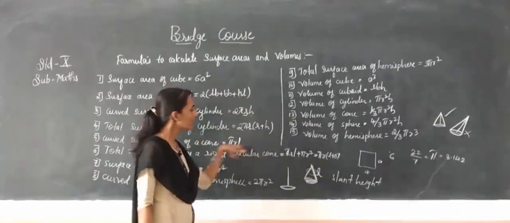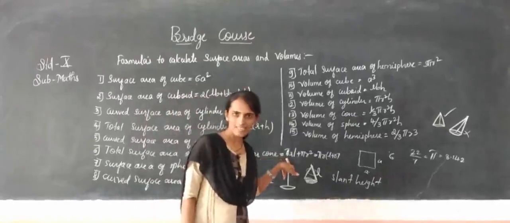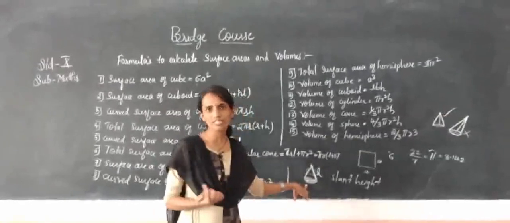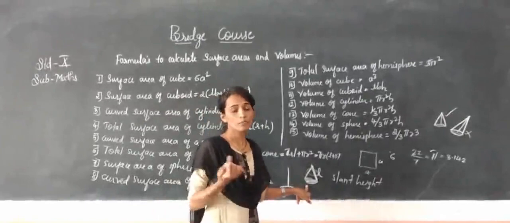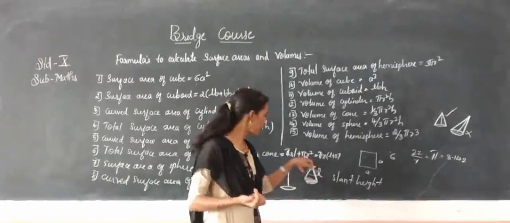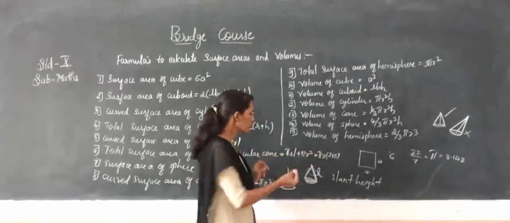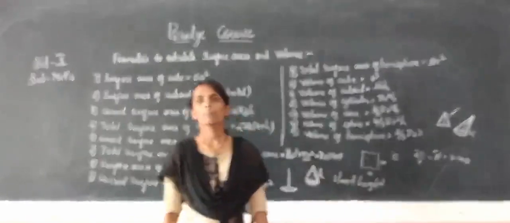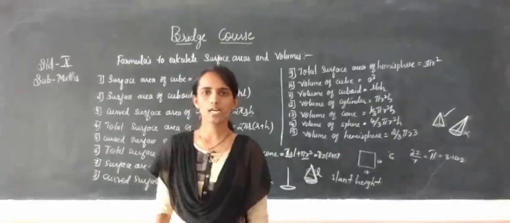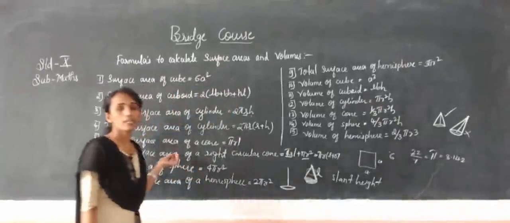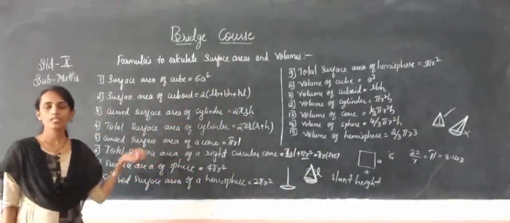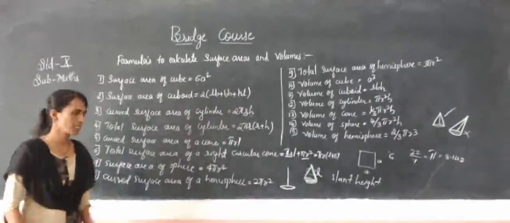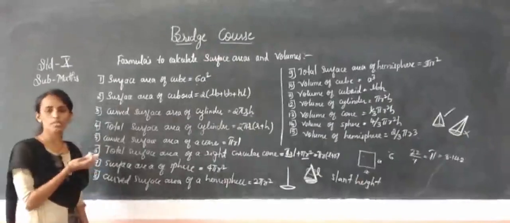So already we know that curved surface area is pi r l, and the base area is in the form of a circle. The formula to calculate the area of a circle is pi r square, so pi r l plus pi r square. In between these two, we can take pi r common, what remains? Pi r in the bracket l plus r. So this is the total surface area of the right circular cone. That is also measured in square units only.